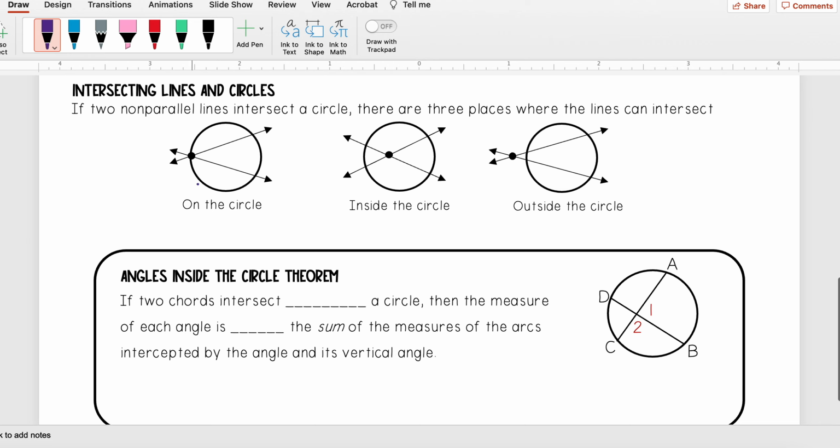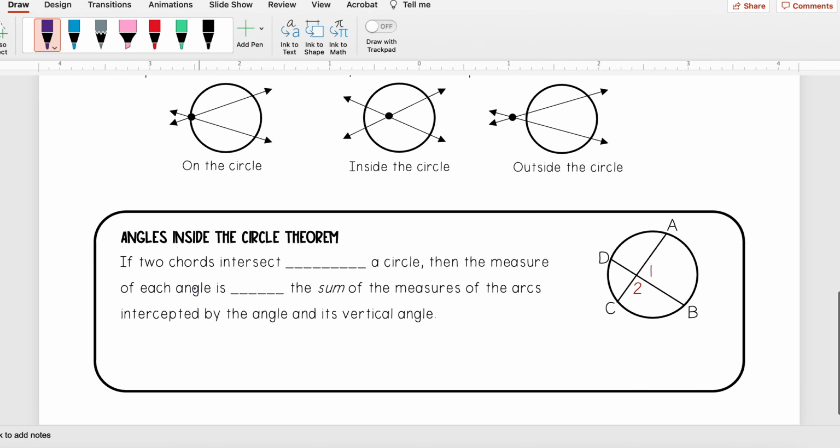We've already learned about on the circle. We know that this angle would be half of the measure of this arc. But now this next theorem tells us how we can find the ones for inside the circle. And it says if two chords intersect inside a circle, then the measure of each angle is half the sum of the measures of the arcs intercepted by the angle